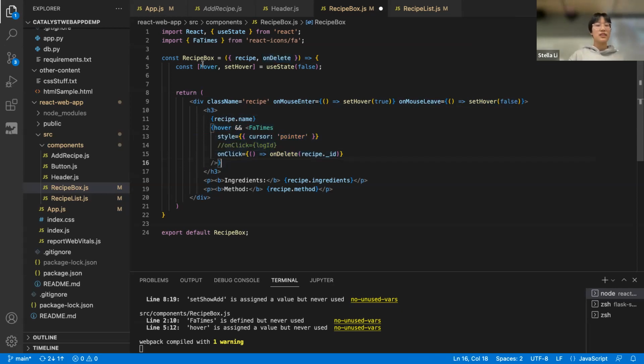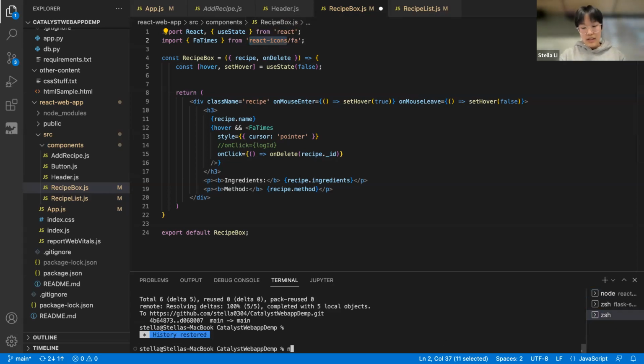And then for our cross icon, we're going to be using the React icons library. And to do that, you need to run npm install. So npm is just the package manager for Node. And if you run npm install react-icons, it comes with a bunch of useful icons. I've already installed it, so I'm not going to run it again. And the cross icon for some reason is called part-times. So we're importing that from React icons, and then